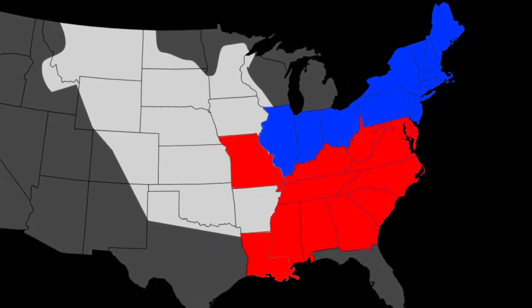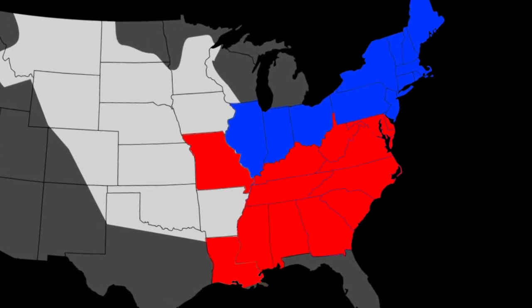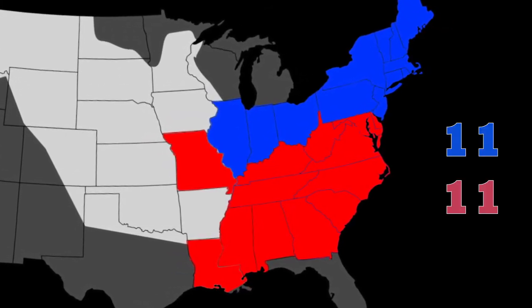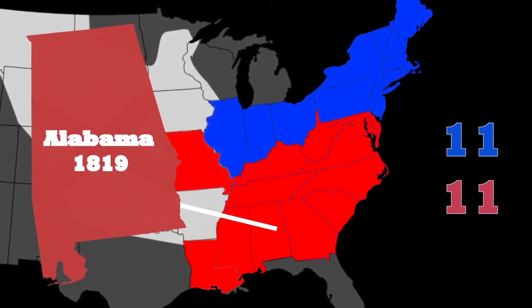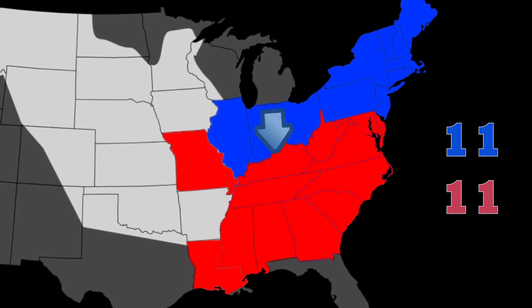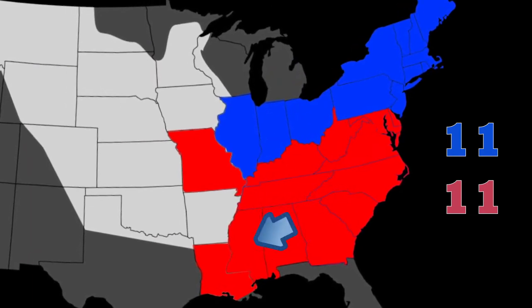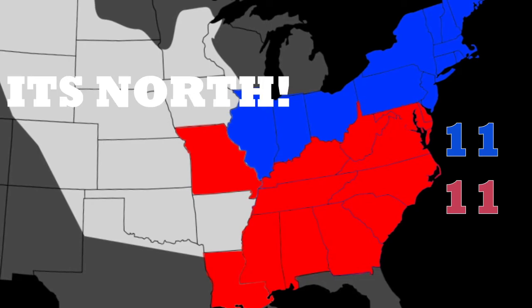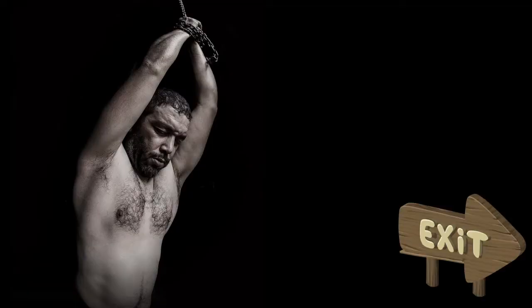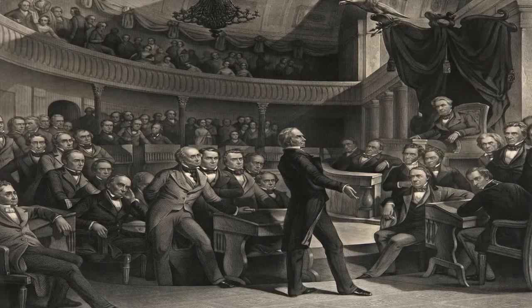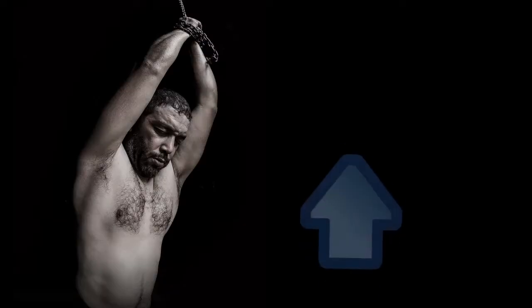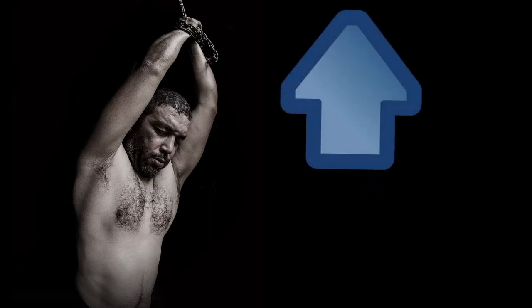So why was there so much controversy over this? Well, before the compromise, the free and slave states held 11 each, after Alabama became a slave state in 1819 without a hitch of controversy. It was expected to become a slave state. It's south and surrounded by other slave states, but Missouri, it's north, right beside another northern state. Slavery was supposed to be on the way out. New states were expected to have restrictions. What was going on? It was a real scare for the free states. A surprise reality check that slavery was not going to melt away. It was increasing. It was a serious issue, but it was difficult to address.